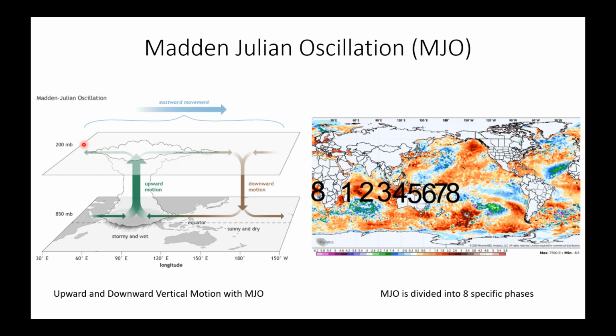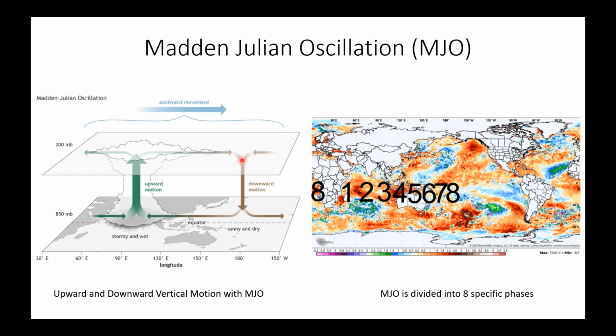That's about 40,000 feet above the ground. So this is our enhanced convection area here, or enhanced tropical rainfall, over the Indian Ocean in this example. Notice there's an eastward movement to this enhanced convection area, or enhanced rainfall area. So movement towards the east, and then ahead of that enhanced convection area in the Indian Ocean, in this example,